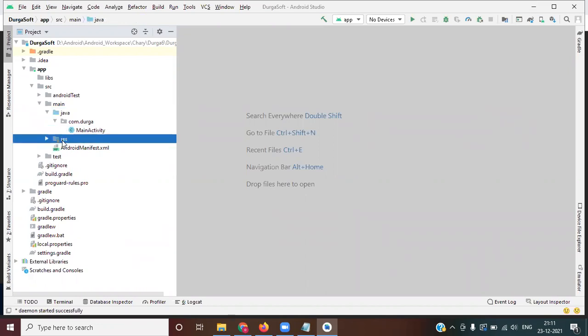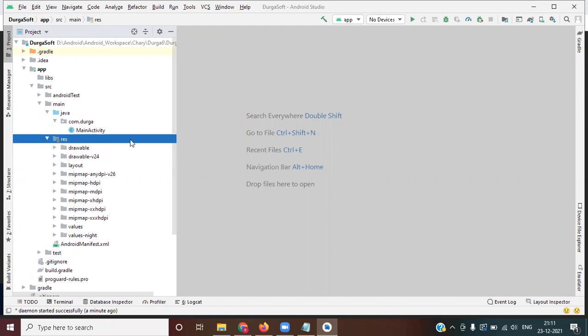Coming to the front end, it's a resource. Resource means, as the name itself conveys, all the things required for your project that you are going to keep. For example, if you download any APK from the Play Store, you get a good user look and feel, the screen should be very beautiful. You can use images, colors, beautiful animations, everything. Those related files you need to save in your project.